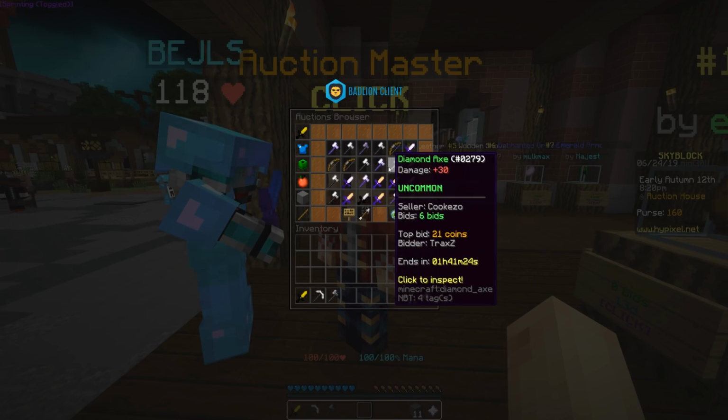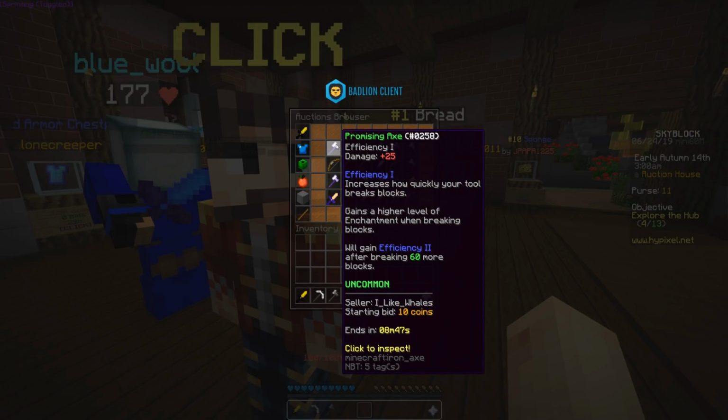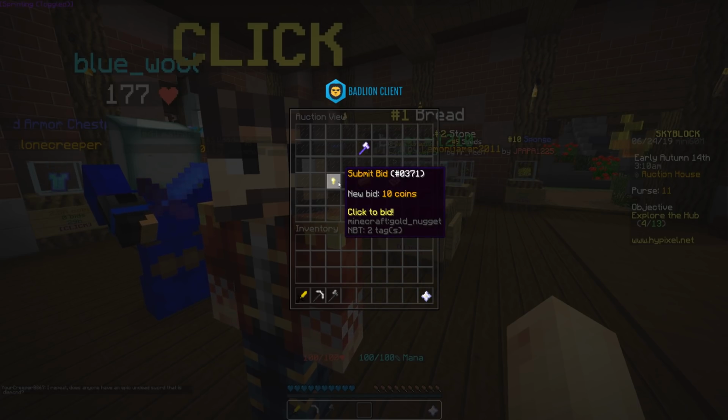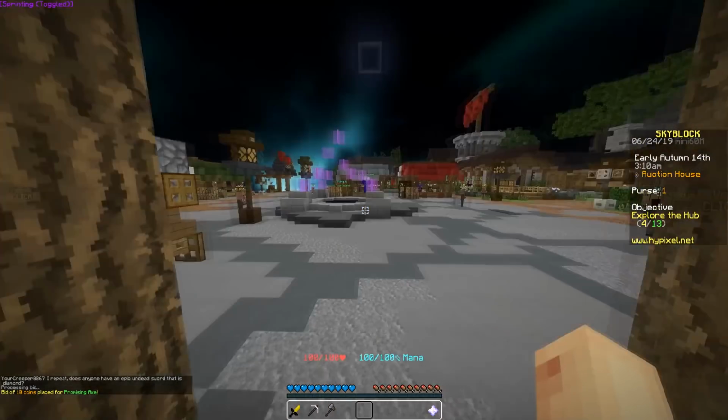And if I wanted to bid on one of these, I could. So we're going to bid on this promising axe for 10 coins, which ends in 8 minutes and 47 seconds. All you have to do is left click on the item, and you can submit bid. The amount is listed right here, and you can see a bid history. So we're going to submit a bid for 10 coins, confirm, and after, we're going to receive the item unless we get outbid,